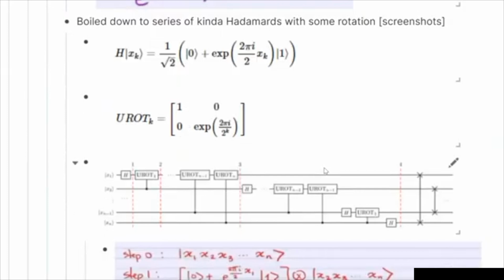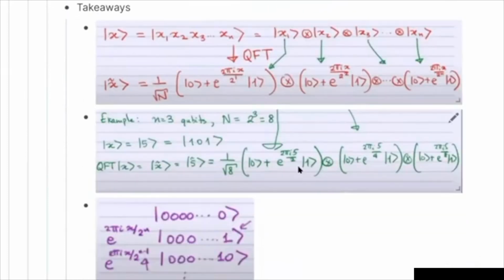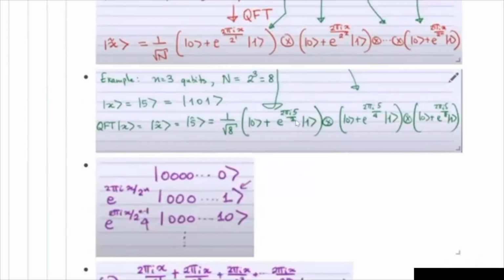So what you can see is here you have multiple exponents, with rotation over 2, with rotation over 4, with rotation over 8, so with rotation over 2 power and so on up to 2 power n, right? So naturally we have different UROT gates also, with parameter 2, with parameter 3, with parameter 4, and so on up to parameter n minus 1 and parameter n. So these are to provide us different amounts of rotations.